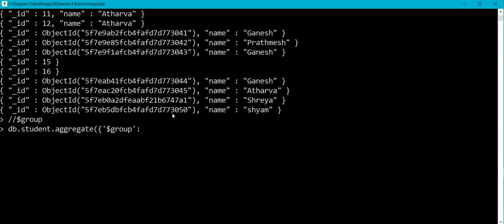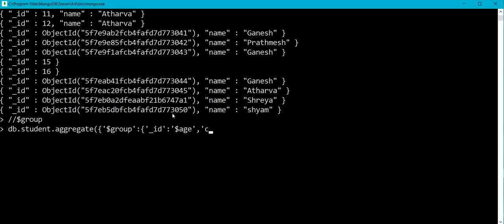And now I need to specify, in curly brackets, _id. The field with which I want to group the documents is age. So the _id value I'm going to specify is $age, comma, I also want to count the number of occurrences.